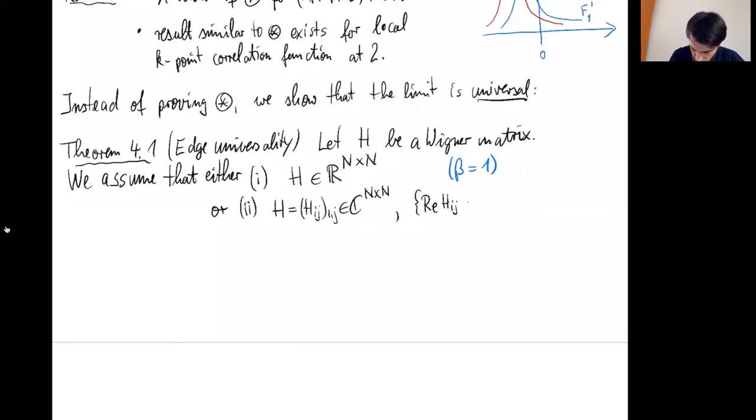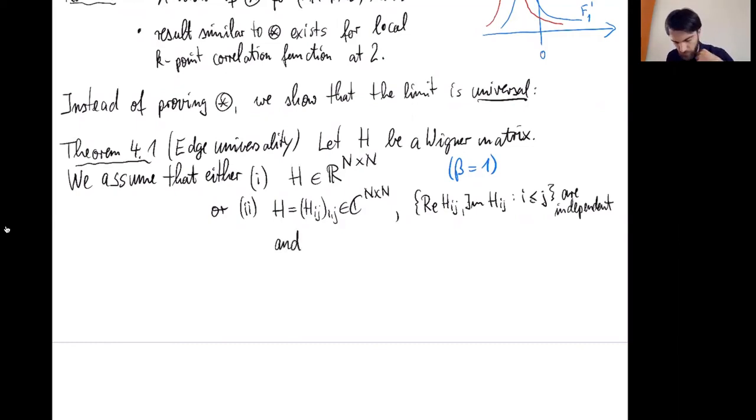So the whole family of real parts and imaginary parts are independent. And then we need a further condition, namely to make sure that it's in fact not a real matrix or not a purely imaginary matrix. We need another condition, which I want to write